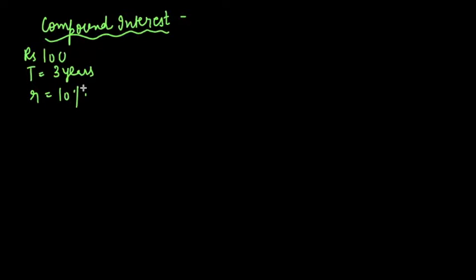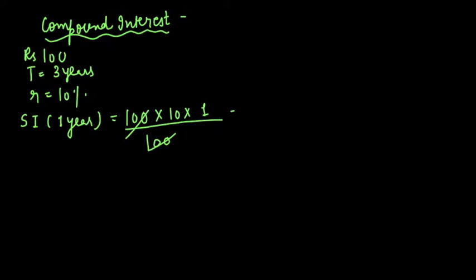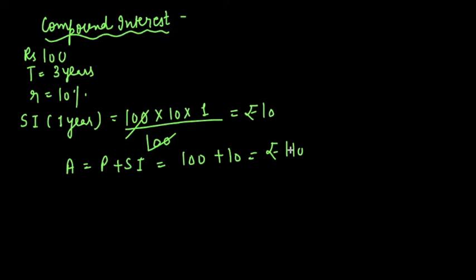If we calculate one by one, how much we are getting. If I calculate the simple interest, say for the first year, I'm not writing formulas. P into R is 10, T is first year because I'm calculating for the first year, upon 100, right? So it is coming out rupees 10. So it means amount is principal plus SI. Principal was 100 plus 10. It means rupees 110. So this is the amount if you calculate it only for the first year.